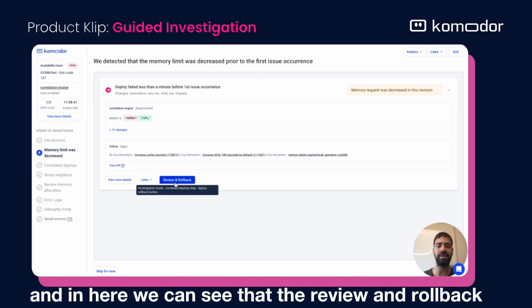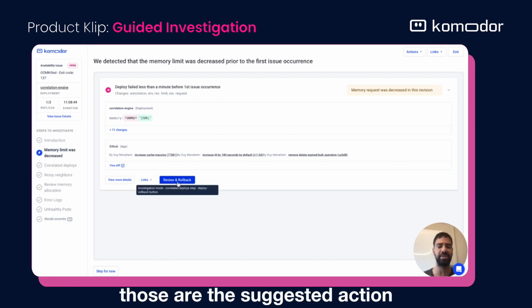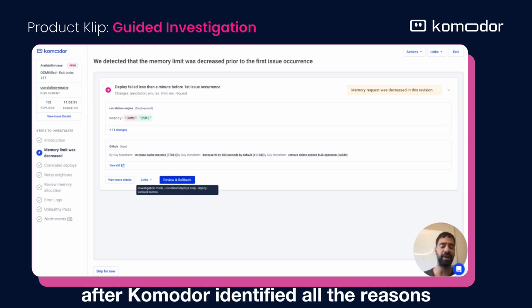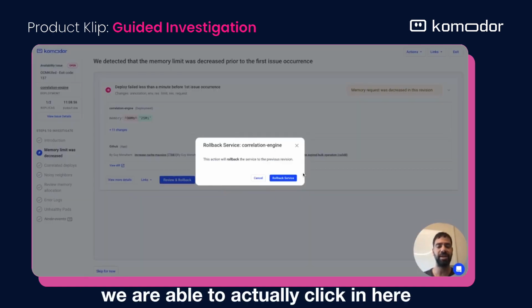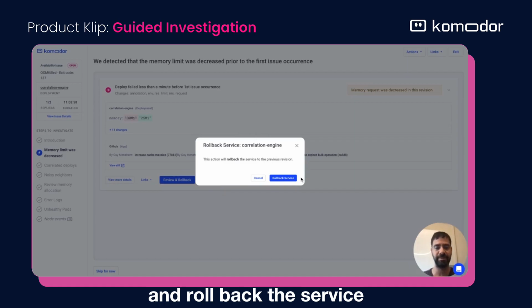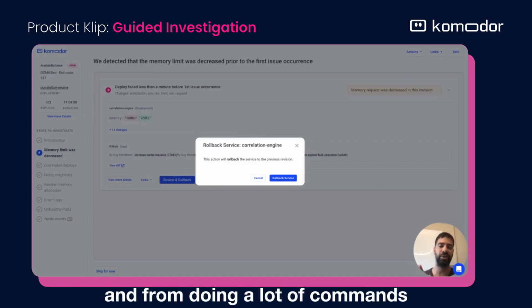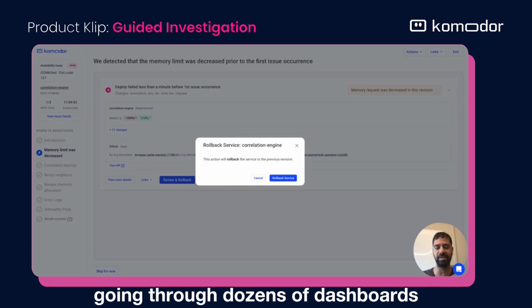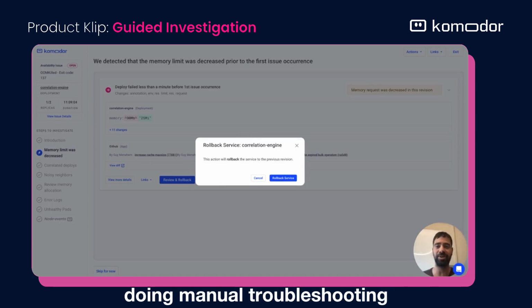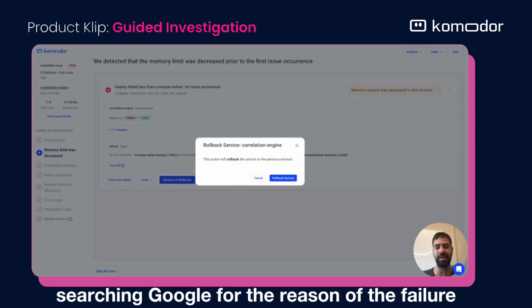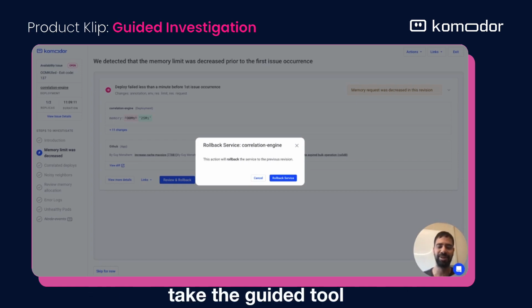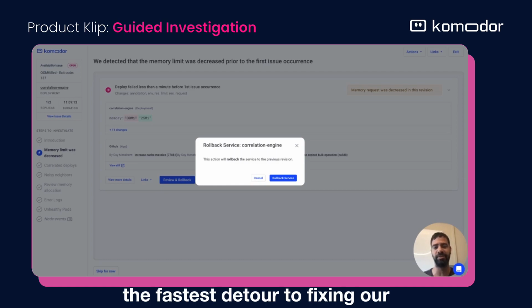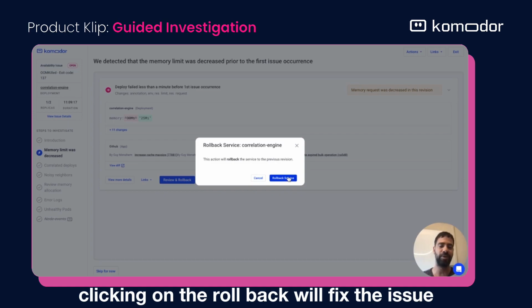And in here, we can see that review and rollback are the suggested actions after Commodore identified all the reasons. When we click on it, we are able to roll back the service. So instead of running a lot of commands, going through dozens of dashboards, doing manual troubleshooting, searching Google for the reason of the failure, we can go into the guided investigation, take the guided tour, the fast detour into fixing our services much faster. Clicking on rollback will fix the issue,